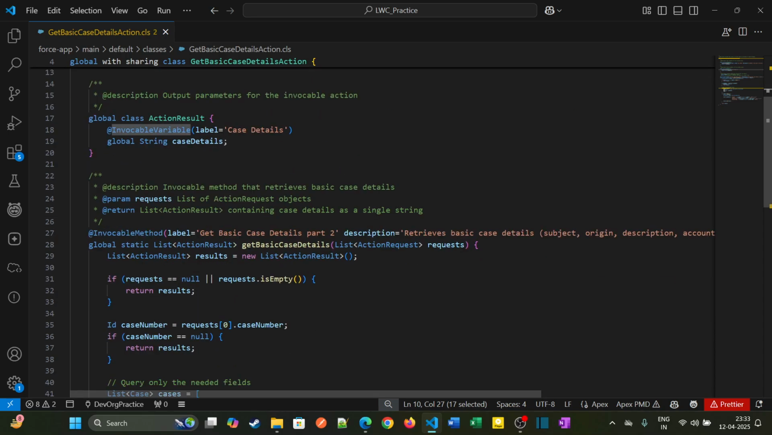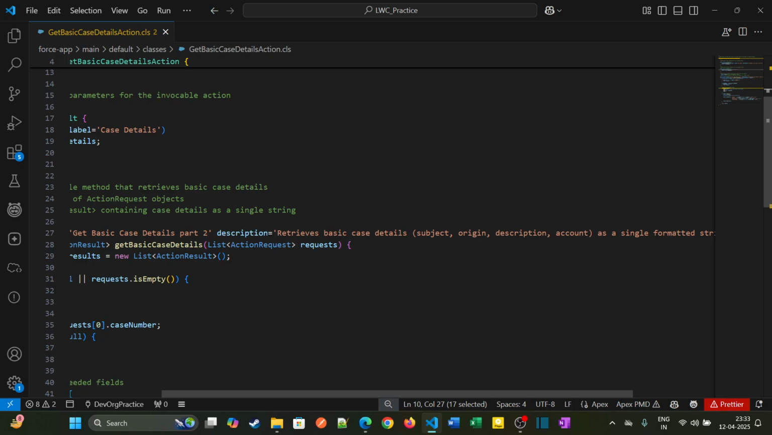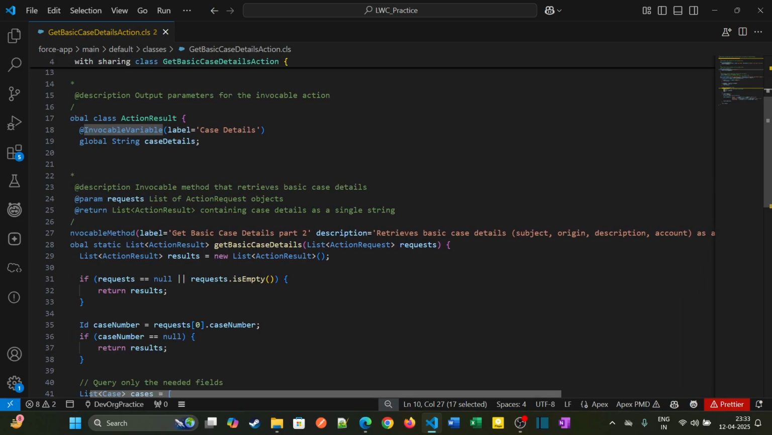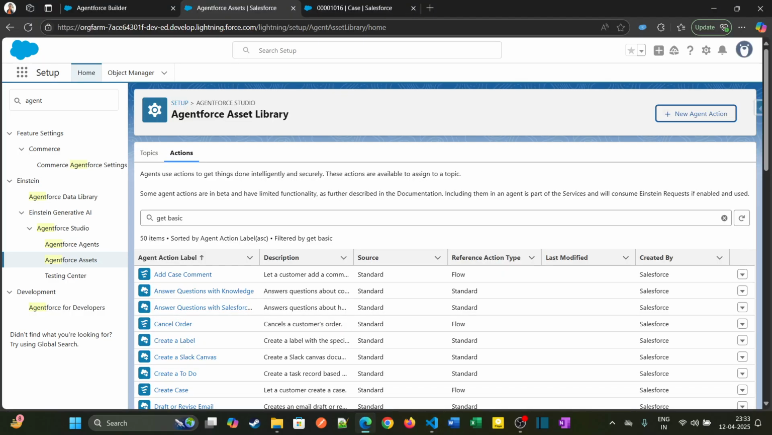Here is the invocable method with the label Get Basic Case Details Part 2, and the description is: retrieves basic case details, subject, origin, description, account, as a single formatted string, and it will display the case details in this well formatted way. So let's jump into